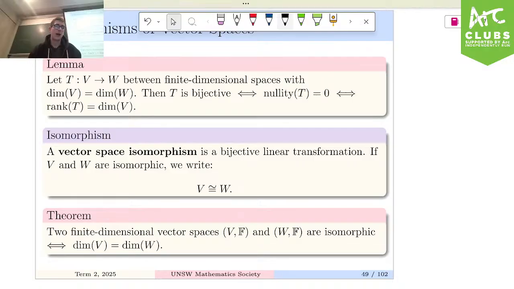So if our linear transformation goes from one vector space to another with the same dimension, because if we're going to say two vector spaces are essentially the same, then we at the very least need them to have the same size of basis. So from there, if the mapping is bijective, that happens if and only if the nullity is zero, and if and only if the rank, that is the dimension of the image, is exactly V. So we're saying that